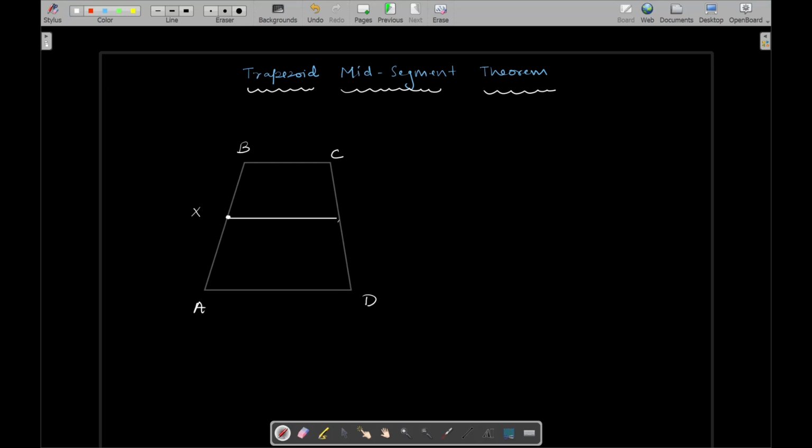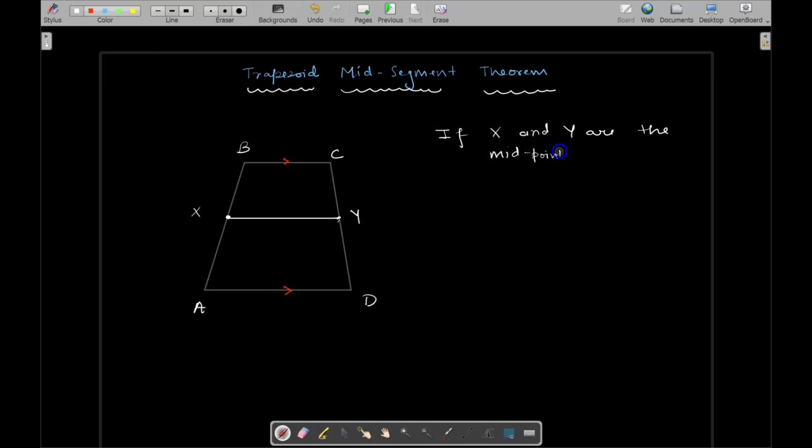if you have a segment like this, which is connecting the midpoints of the two legs, in that case, this segment XY will be parallel to both AD and BC. Yes, because BC and AD are both already parallel. That's given because it's a trapezoid. So in a trapezoid, we have one pair of parallel sides. Now, if we draw a line segment connecting the midpoints of the legs, that also becomes parallel to BC and AD,